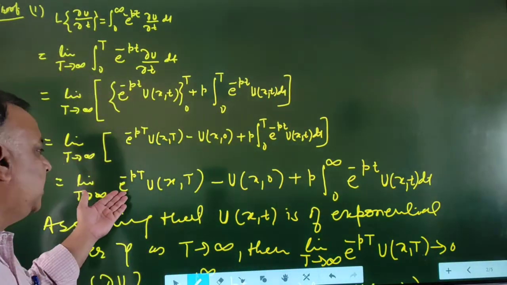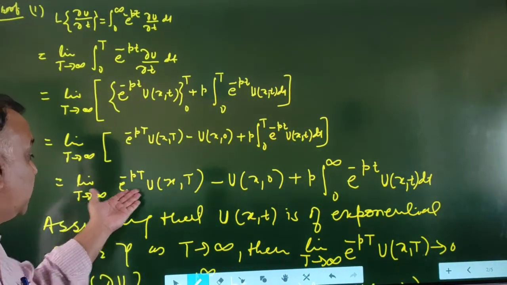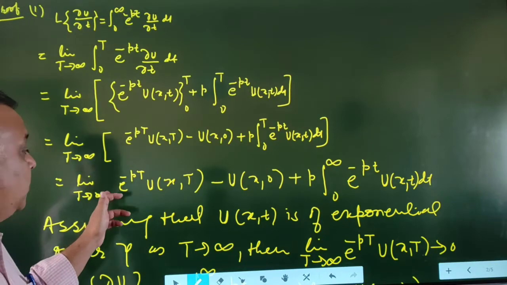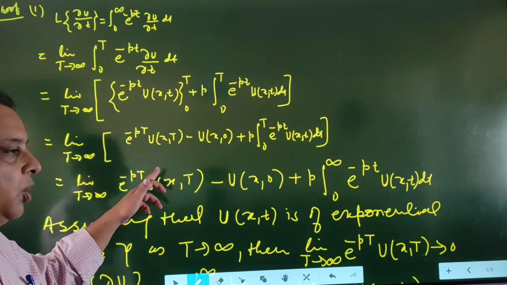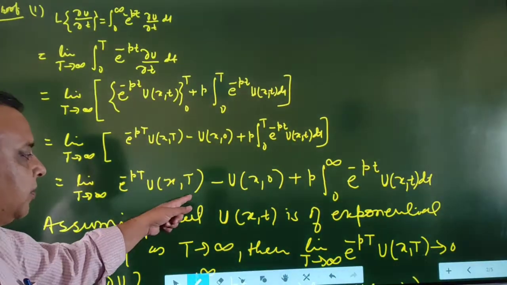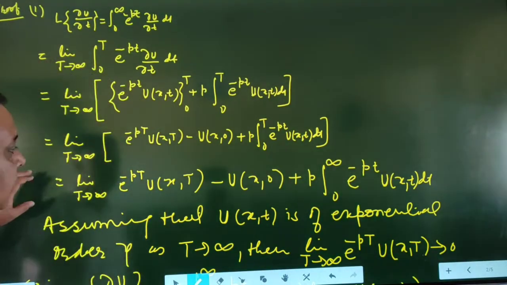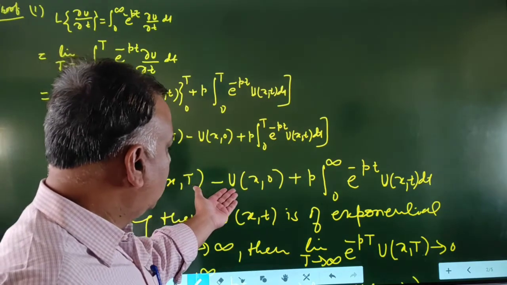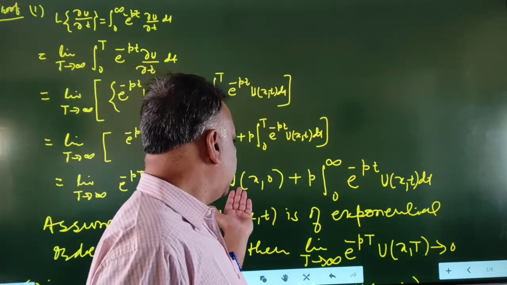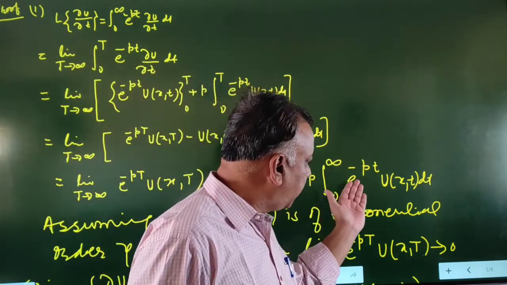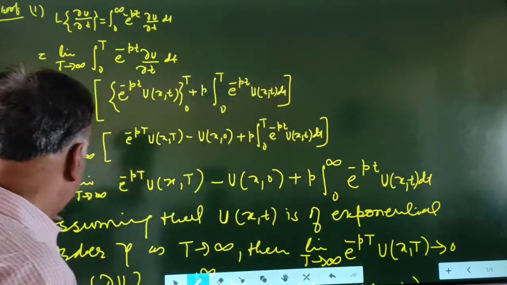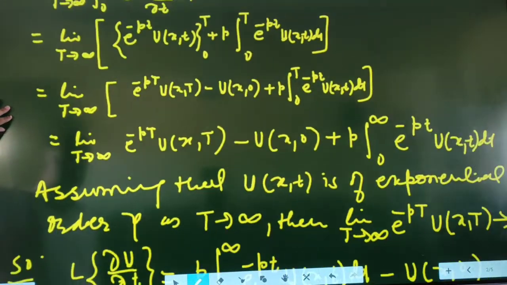So the value of this term, e raised to minus pt u(x,t), when t tends to infinity comes to be 0 by exponential order. So the result is 0. So the only terms remaining are minus u(x,0) plus p integral 0 to infinity e raised to minus pt u(x,t) dt. So writing this one, we get